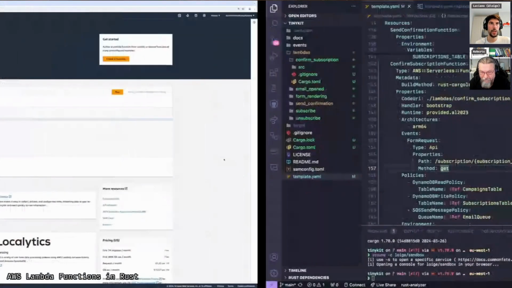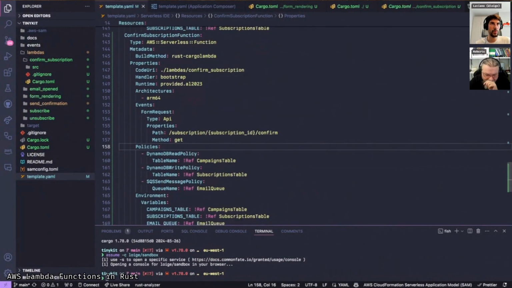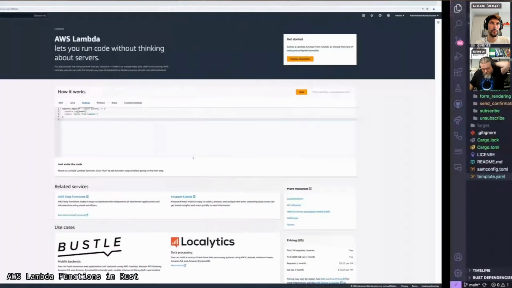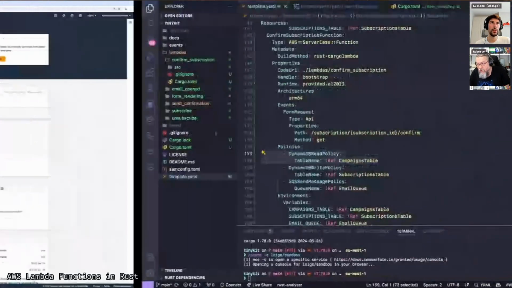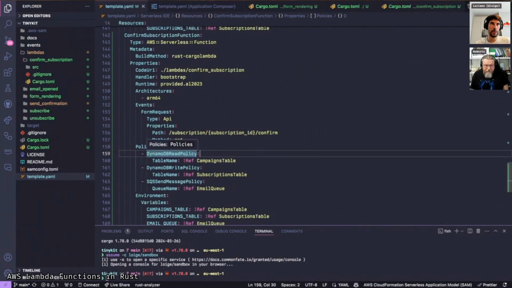Okay, so for now, what we need to do is a DynamoDB read policy for the campaigns table. Do we need that? Probably not. We need the campaign table itself. No, because if we rely on the subscription, we already know what it is. Do we know what the gift is that we have to give, or is the gift just in the campaign? Oh, good point. The reward is in the campaign, so we need access to the campaign to know which reward to send out. Okay, so we need a read policy for this one, but this one needs to be a CRUD policy